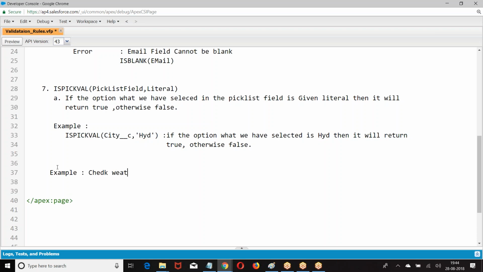Next, I want to check whether the stage you have selected is a particular value. What do you give? IsPickval.